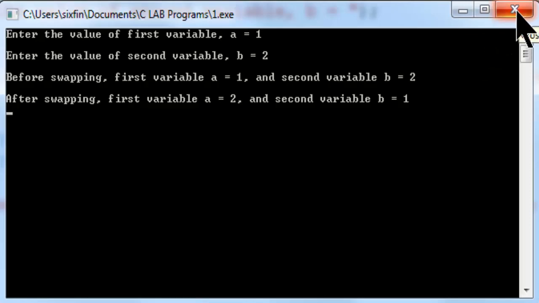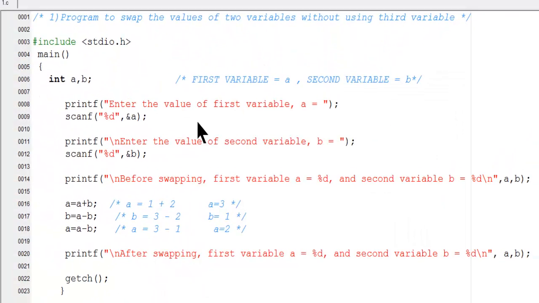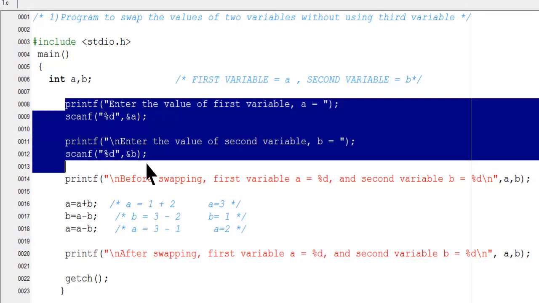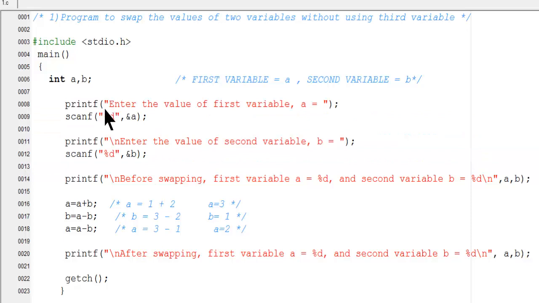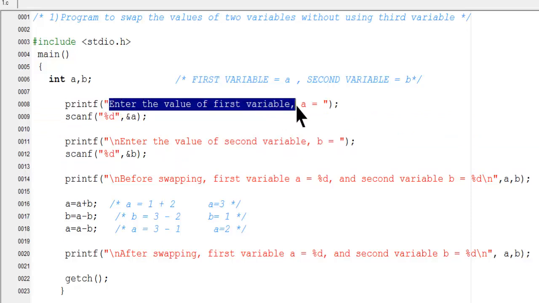Now let's see how this is done. As I said, the program is very simple. We are just taking two variable inputs here. I've written a message, enter the value of first variable A is equal to, and you can change it according to your requirements.